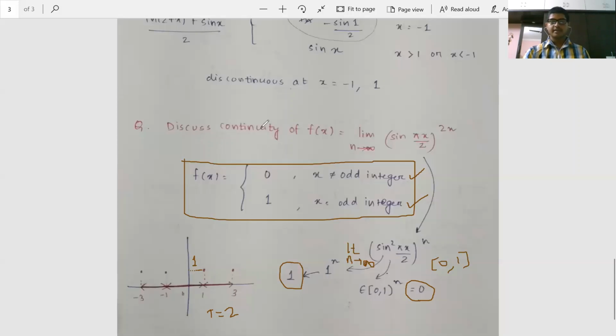So what we can say about the continuity of the function, it is always continuous except at odd integers, where we can see there is some type of isolated point discontinuity. If you redefine the function as 1 at all odd integers, but still it is not exactly an isolated point discontinuity, but you can say at each odd integer it is an isolated point discontinuity. Okay, so this is what I had to do for this session.